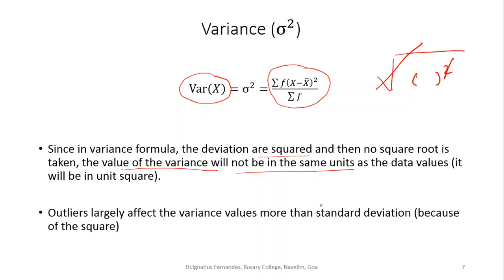Of course, many analysts still use variance because we always want to look at the impact of the outliers, or the values which are far from the mean. We want to always amplify that impact, like in the case of the risk factor, or in the share market. We always want to amplify the impact of the values which are far from the average value, and that's why we sometimes prefer using variance. But we usually use standard deviation because of the unit issue.